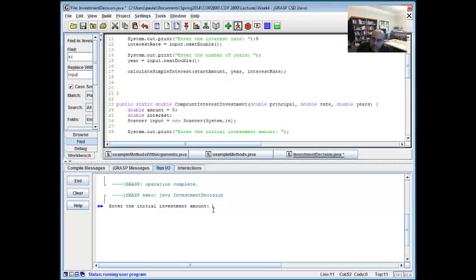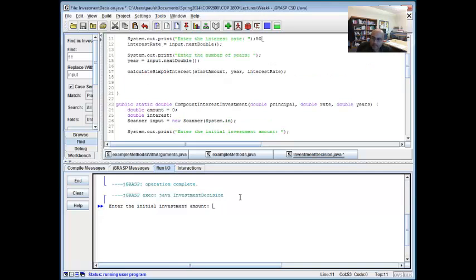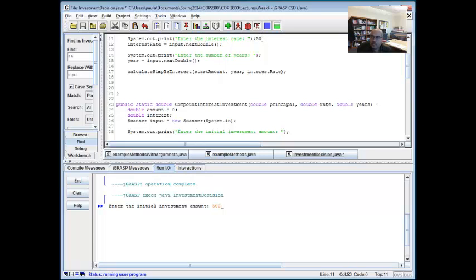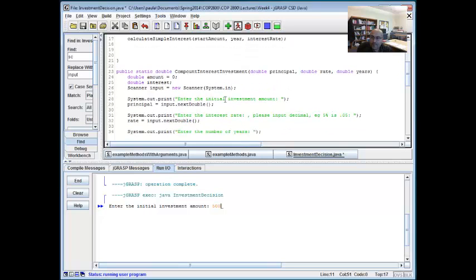Okay, so let's say I use the same values. Let's say I put in $500. Then it says enter. See, that's where it was coming from, I think. Then it says enter the interest rate,